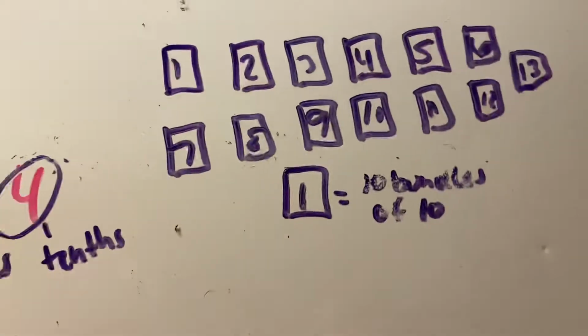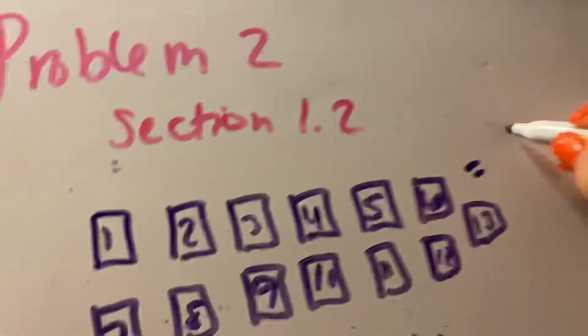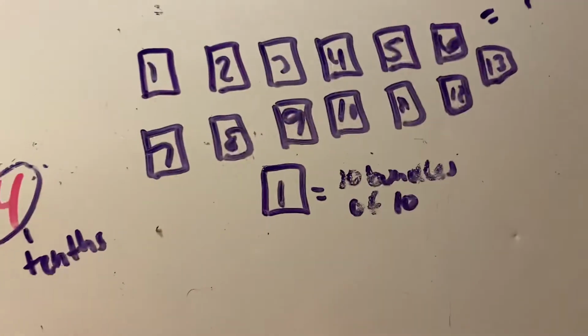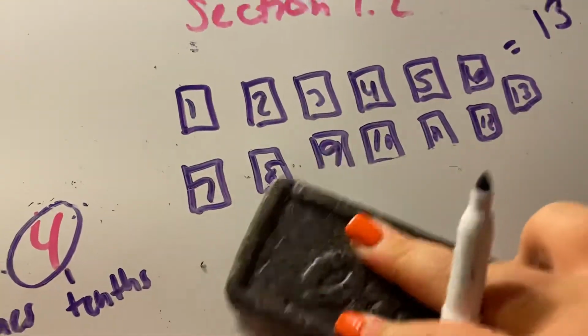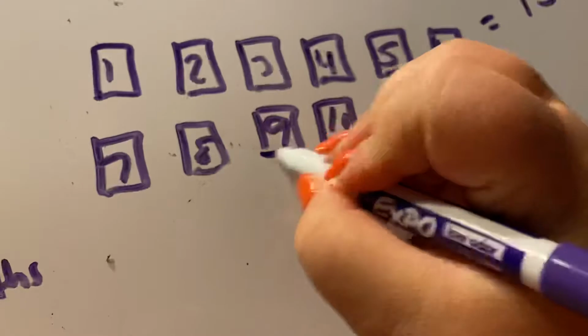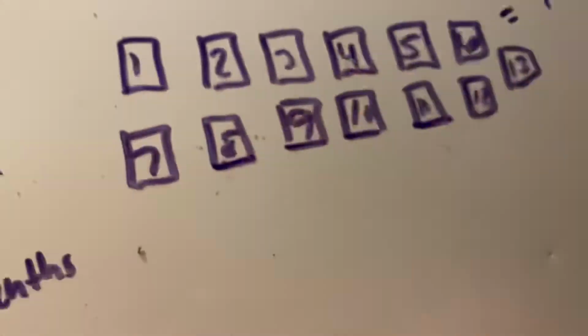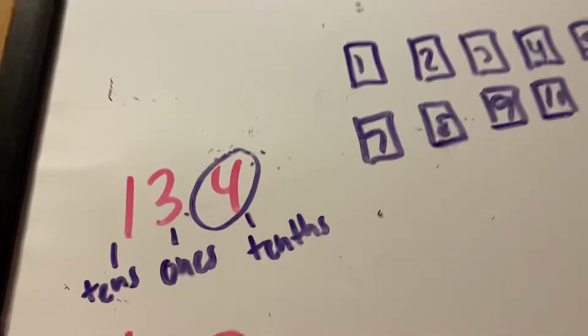So now we have 13 bags, which equals the number 13, because there are 10 bundles of 10 in each. Okay. So now we have 10 bundles of 10, 13 times, which gets us the 13,